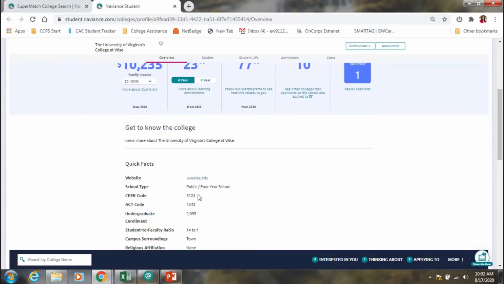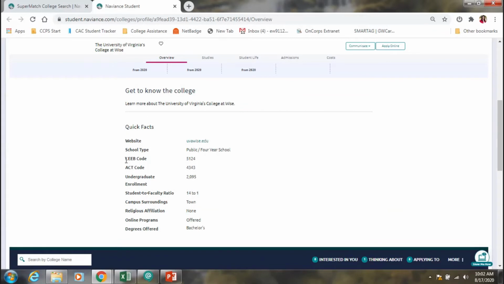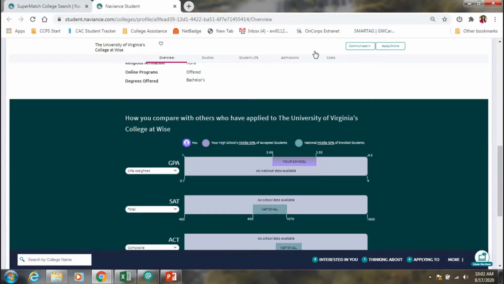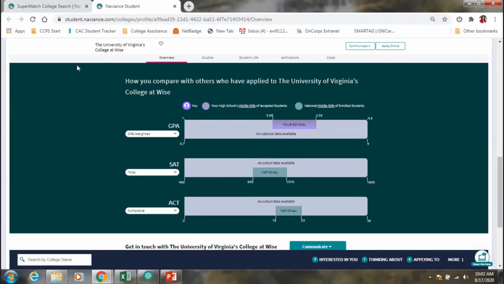Their website is linked here. The CEEB code, when you take the SAT, this is what you'll need to send your SAT score. So this is super useful information as well. It'll tell you how big the school is, what the student to faculty ratio is. And then down here, I don't have any information,